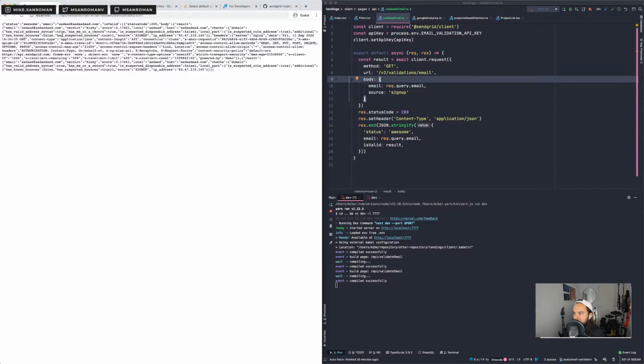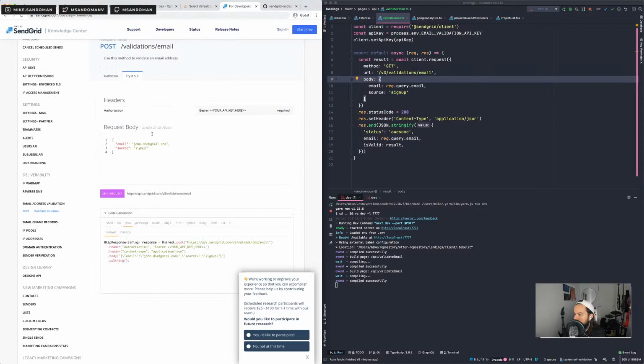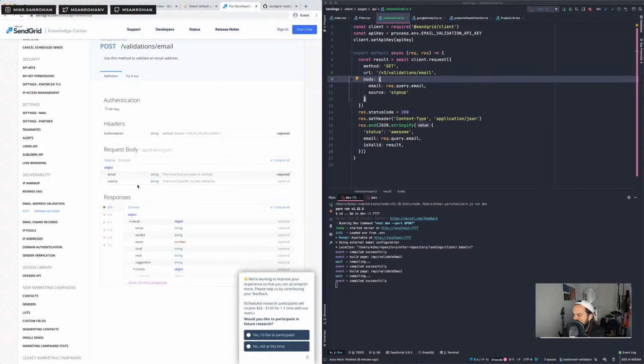Additionally, some bounce is false, a suspected bounce is true. Okay, so